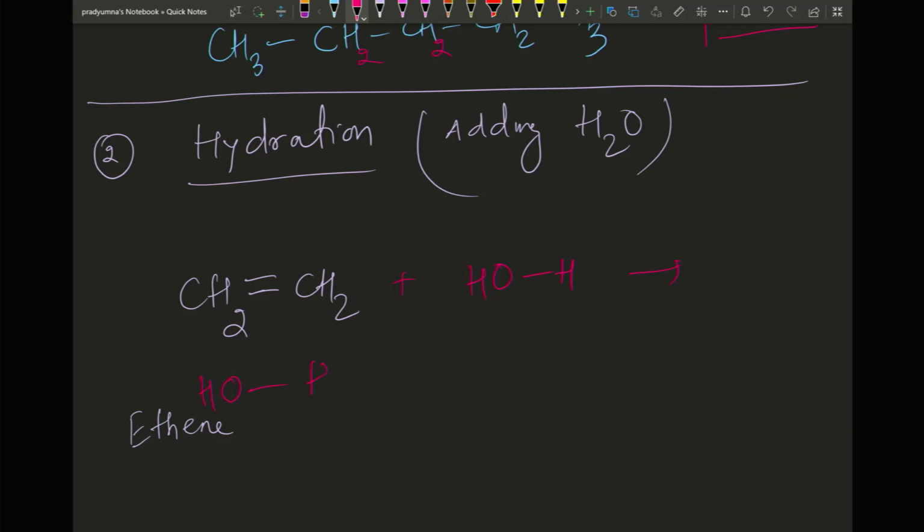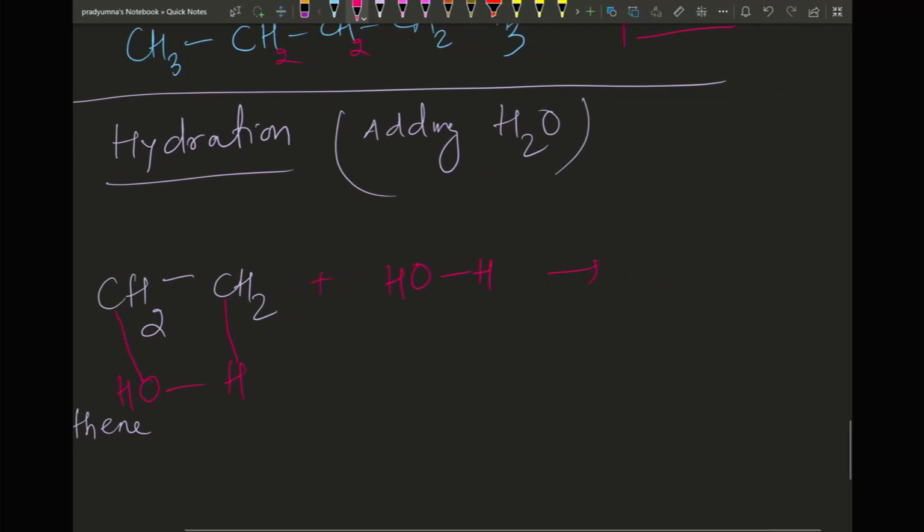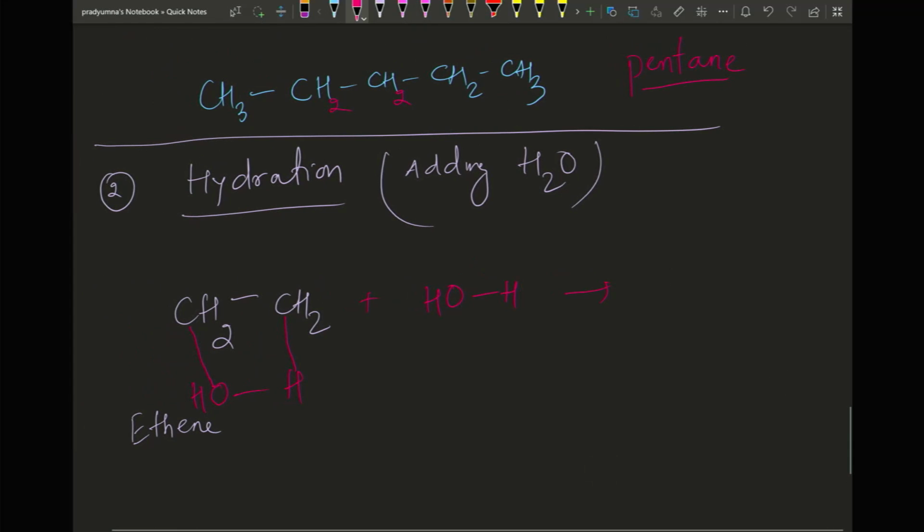So all you are doing is writing down the water right below the alkene, right below the double bond. What you're doing is breaking one of these bonds and attaching C to the O and C to the H. That's pretty much what is happening. So what would be the product if you make it here? It should look like this: